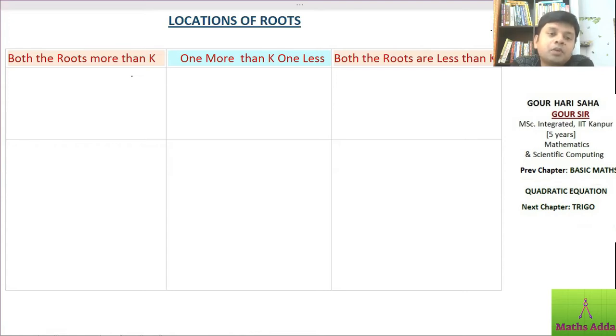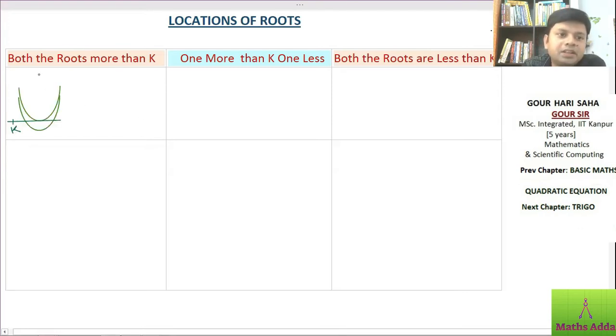So we will be plotting the graph for the situation when both the roots are more than k and looking for conditions. When a is greater than 0, that is, the graph opens upward, the graph can be like this one or this one. The first is when both the roots are the same, lying on the right side of k. In the other, both the roots are distinct, alpha and beta distinct, lying on the right side of k, right? There can be 2 more graphs. In both the figures here, the roots are on the right hand side of k, and a is less than 0.